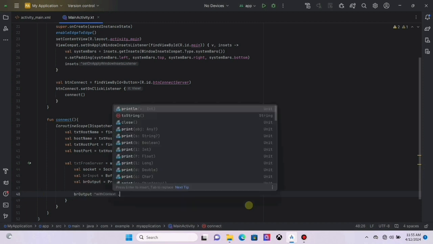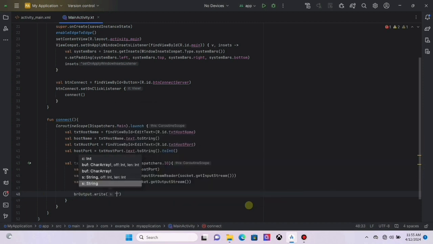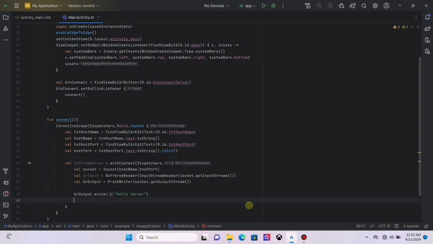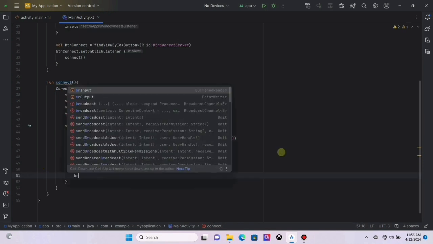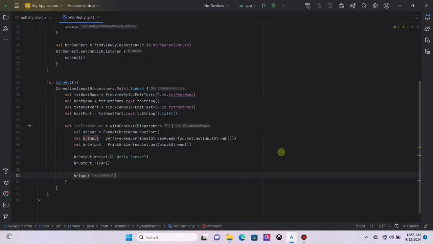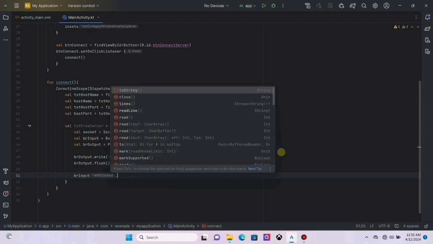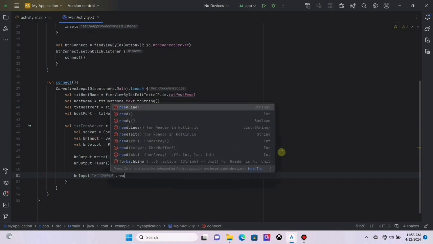You need to use the write and flush methods to send data. You can use the readline method to receive data. After data is received, it is automatically assigned to the text from server variable.